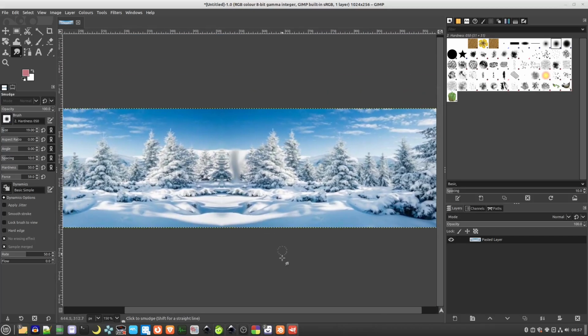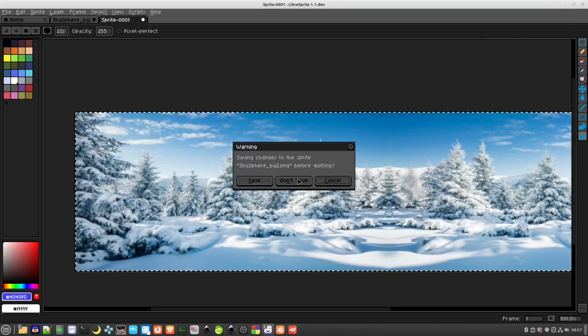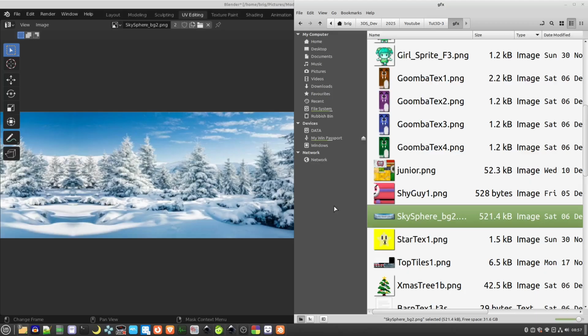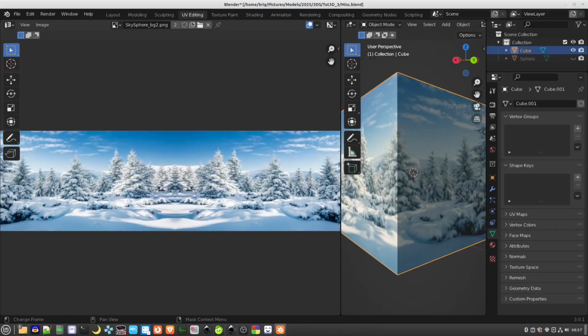And then copy that back out, back into LibreSprite, and then save that. And then you'll have to keep going backwards and forwards in Blender to try and figure out where things should